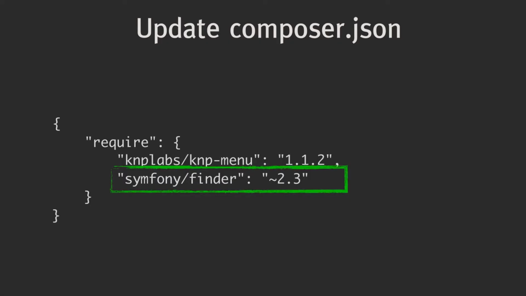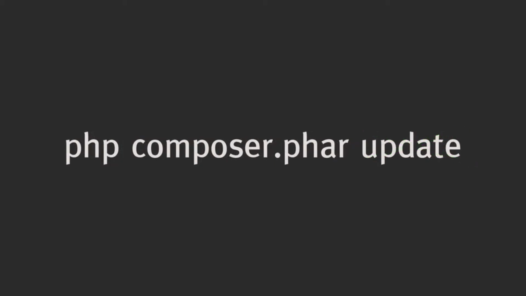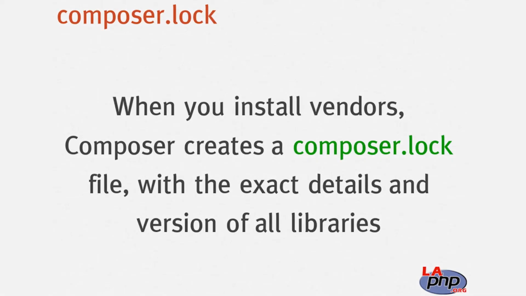So now we want to bring in something else. So let's grab something else. We go through that same process. We find another library called Symfony/Finder. We stick it in there. And then we run composer.phar install. Or not. This is where it gets slightly a little bit more complicated. We run composer.phar update. Because, this is really cool but important, when you originally run composer install, it creates, remember